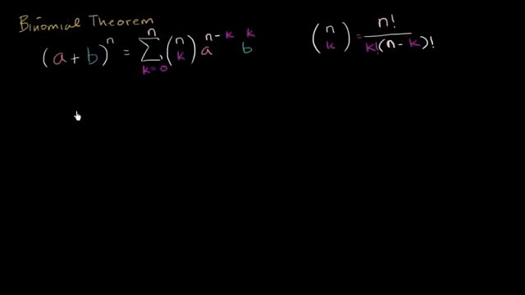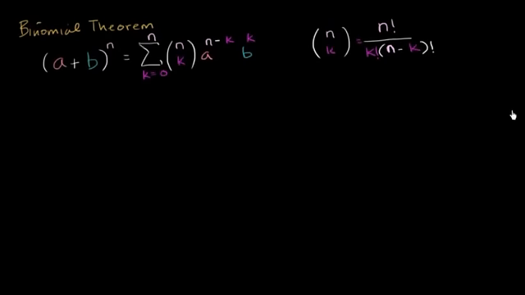So let's try to apply this, and let's start applying it to the thing that started to intimidate us. Say a plus b to the 4th power. Let's figure out what that's going to be. So the binomial theorem tells us that this is going to be equal to the sum from k equals 0 to 4